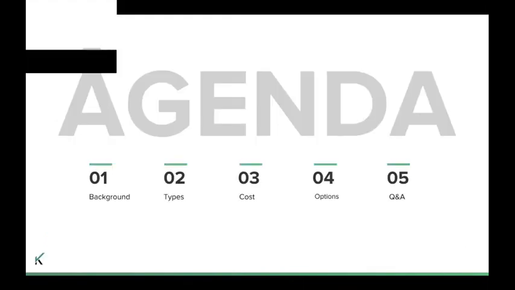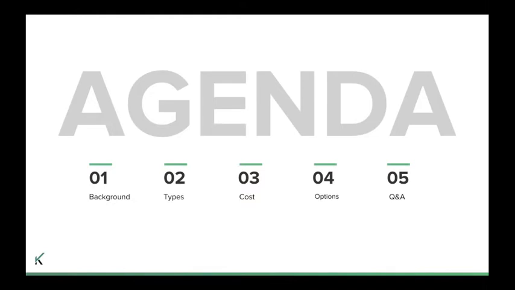So the agenda today will begin with the background of e-commerce fraud, and here we'll cover the who, what, where, why, when, and how of e-commerce fraud. We'll also look at the types of e-commerce fraud. So we'll take a look at the 3 main types, such as checkout, account takeover, and friendly fraud. We'll then cover the true cost of e-commerce fraud, from managing fraud itself to the impact of false declines and what they have on your customers.